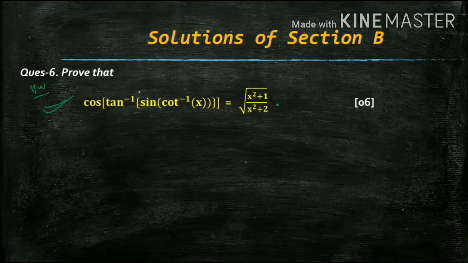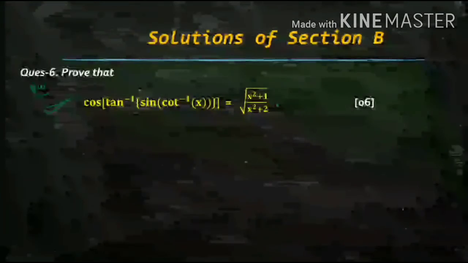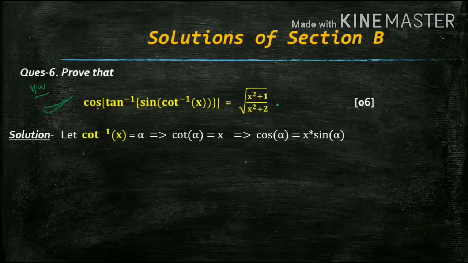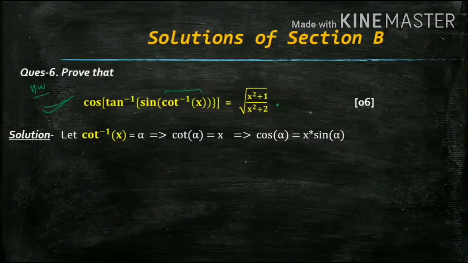I'll also tell you this method again in the next lecture, the 8th lecture. I'll also be telling you the answers to your homework questions. So in that also I'll explain this type of similar question given in the homework. So the second time you can understand that method there. And now I'm also explaining this method. Okay? Very easy question. You have to start from inside only. Just remove the brackets from inside and you will finally get this. Whenever this type of thing comes, if outside is sine, you have to convert the inside term into sine inverse form. Okay, so that you can get your task easily.